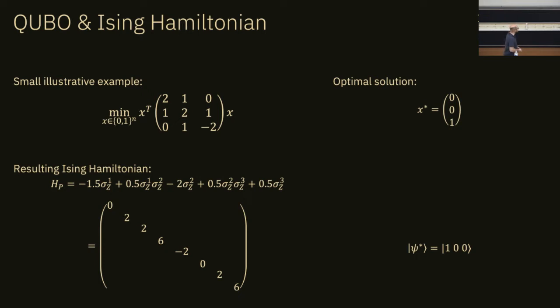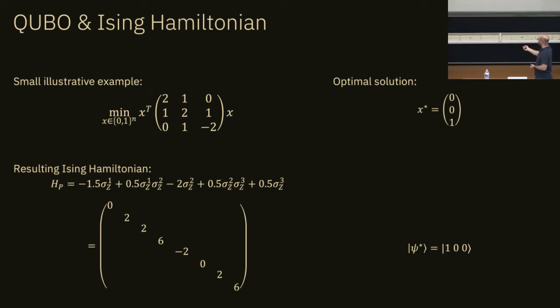I made here a small example, and I will use this example to illustrate some of the other techniques. So here I chose a particular Q matrix. If you solve this problem, you find this as the optimal solution, which gives you just this -2 here. If you translate this to an Ising Hamiltonian, you get this. Here you see the different terms in Pauli Z matrices, but it constructs in a very compact form this diagonal matrix. And then this would be the basis state with the ground state, which gives you the -2 again. We switch between those two representations as needed.